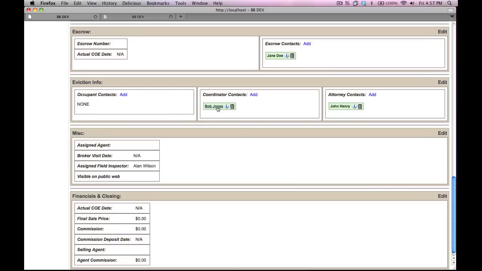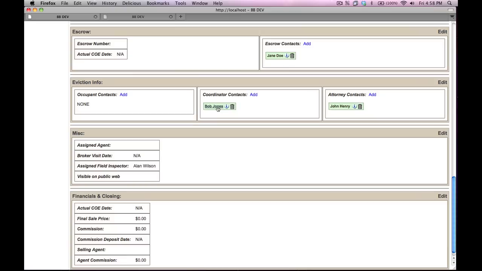Here we're going to take a look at using the new contact system to make contact assignments to different areas within our properties. There's two different types of contacts in the Contacts tab, or in the contact system in Broker Brain, what we call hidden and visible contacts. Visible contacts are contacts that can be reused over and over from one property to the next. So you maybe would make one contact in your Contacts tab and then assign that contact to multiple properties throughout